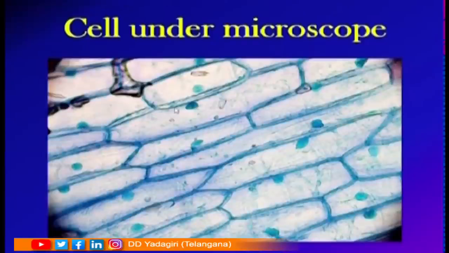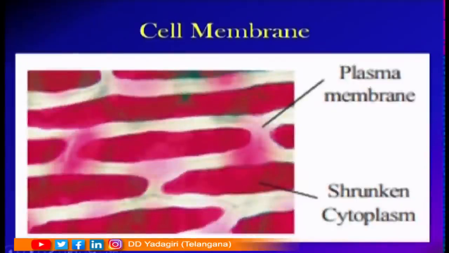You can also see a prominent nucleus. There is a jelly-like fluid within the cell called cytoplasm. But can you see a plasma membrane here? No. What we do is, in the previous experiment, we just add a drop of sugar solution over the glass slide. Let it remain for a few seconds and then observe under the microscope. Can you see a cell membrane here clearly? Yes, this is a cell membrane which is seen very clearly.